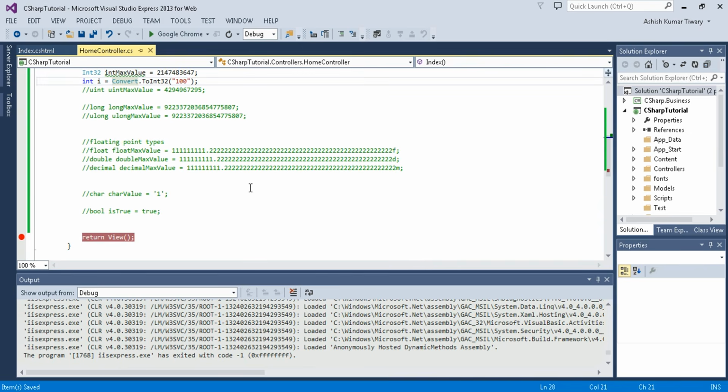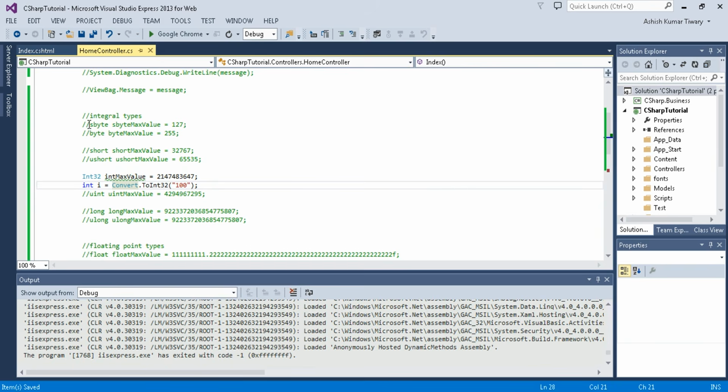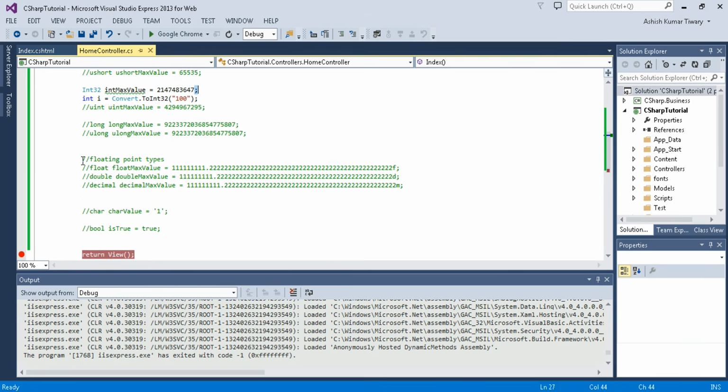So this is the example we have just seen in this tutorial. So this is all about the simple types. So I want to summarize this. For integer, we can have a signed integral or the unsigned integral. Use them as per your requirement. The most important is using Int32, and that can solve your maximum problems. And we have also discussed where to use floating point, double or decimal. So in case of size, go for double, then float, then decimal. In case of precision, go for decimal, then double, then float.